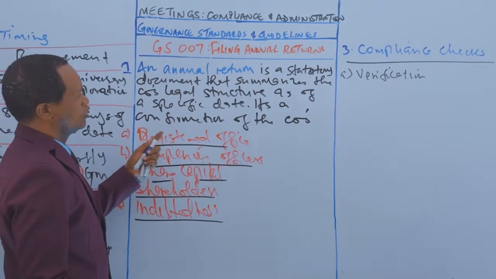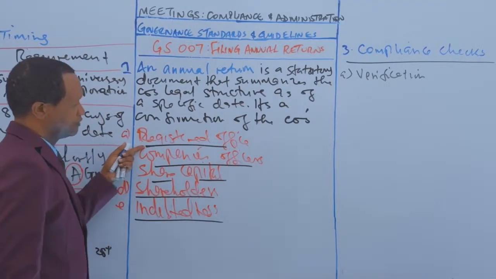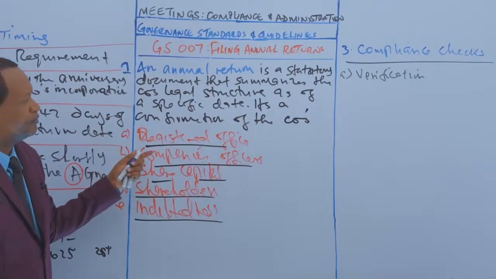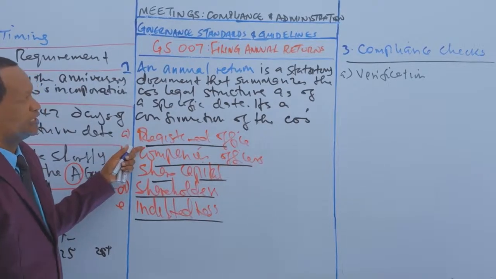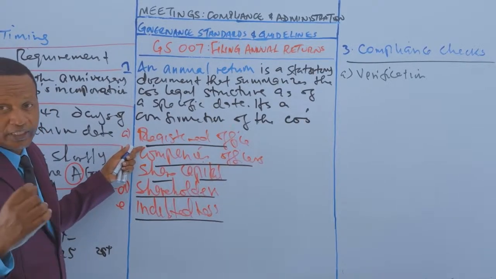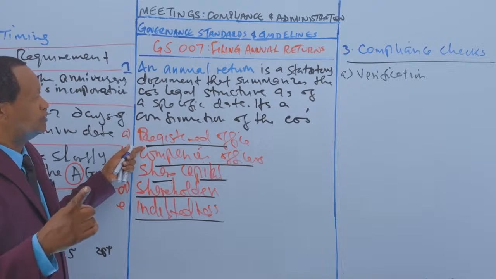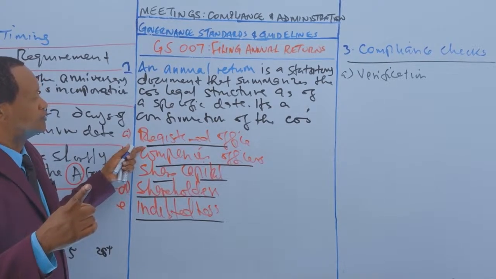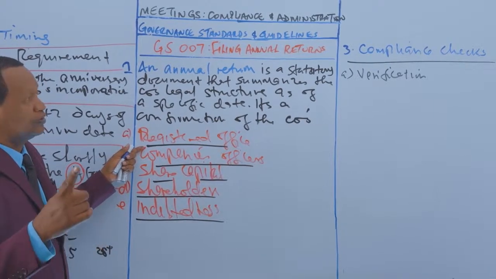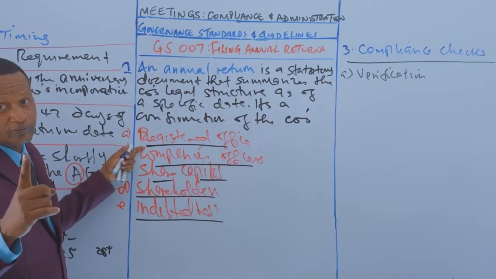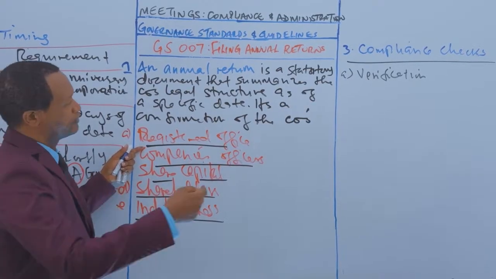If the company is to confirm the registered office, then the name of the registered office in the return should be the name in the register or in the statutory records. So what is filed here is what is